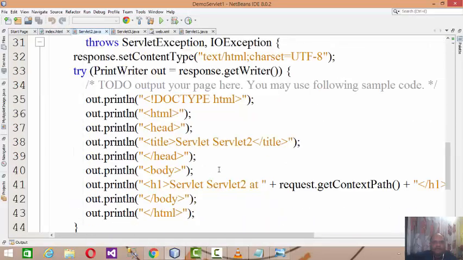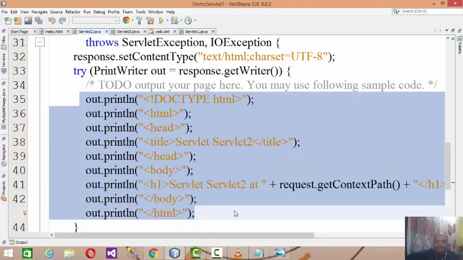Now let us develop a second servlet. Here is servlet second, and it has only the default code. In the process request, I am adding a code.